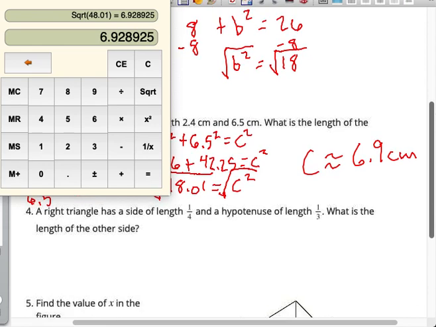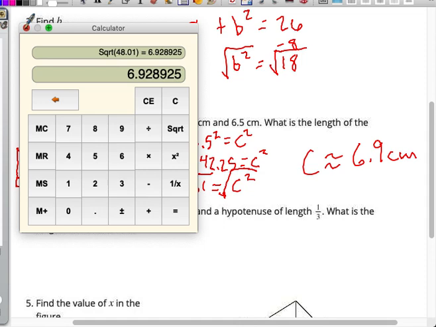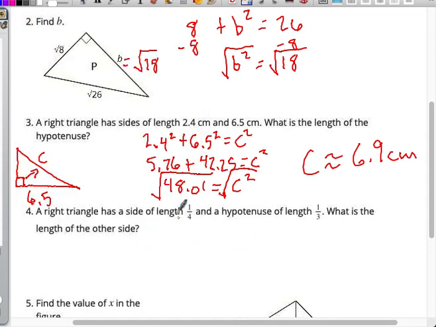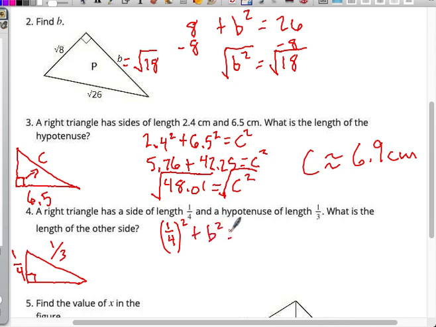Okay, number 4. A right triangle has a side length of 1/4 and a hypotenuse of 1/3. So if we drew our picture, a side length of 1/4 and a hypotenuse of 1/3. Okay, so we would do (1/4) squared plus b squared equals